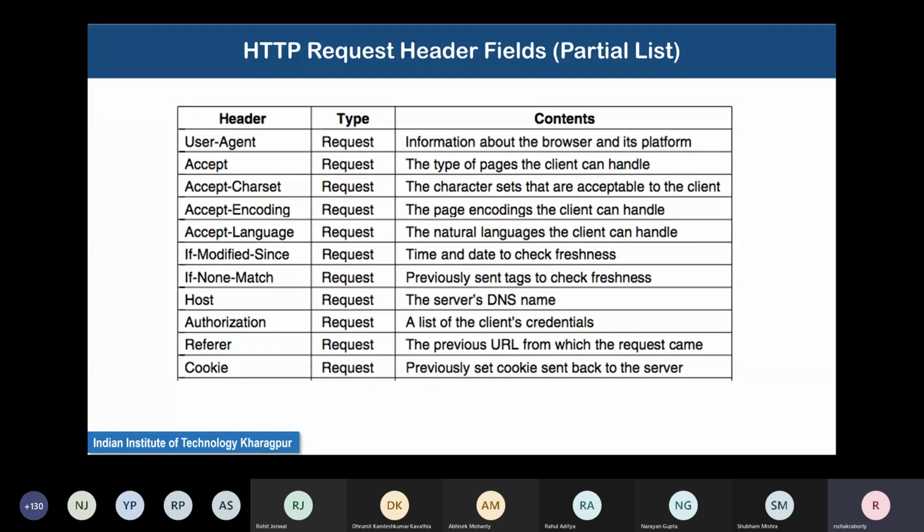The header fields, there can be many others. One of the important ones is If-Modified-Since. If-Modified-Since is an important flag.